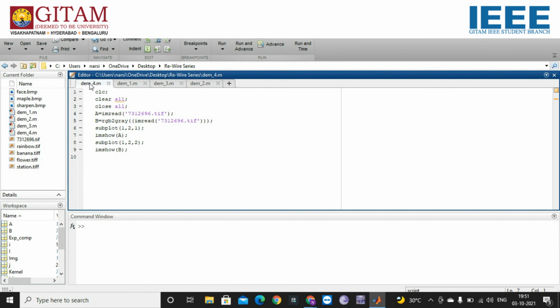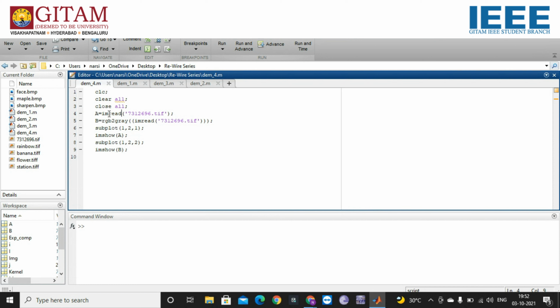So let's see a few basic applications of image processing. One of them is converting an RGB image into a grayscale or a black and white image. It is very easy to do in MATLAB because we have an inbuilt command called rgb2gray. This command is used to convert an image into a grayscale image. For that, first we need to read the image, which this line signifies.